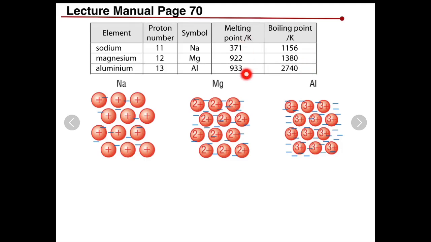Melting point increases as we go from sodium to aluminum. Same thing for boiling point as well. So that's what we're going to take a look at. Okay, so